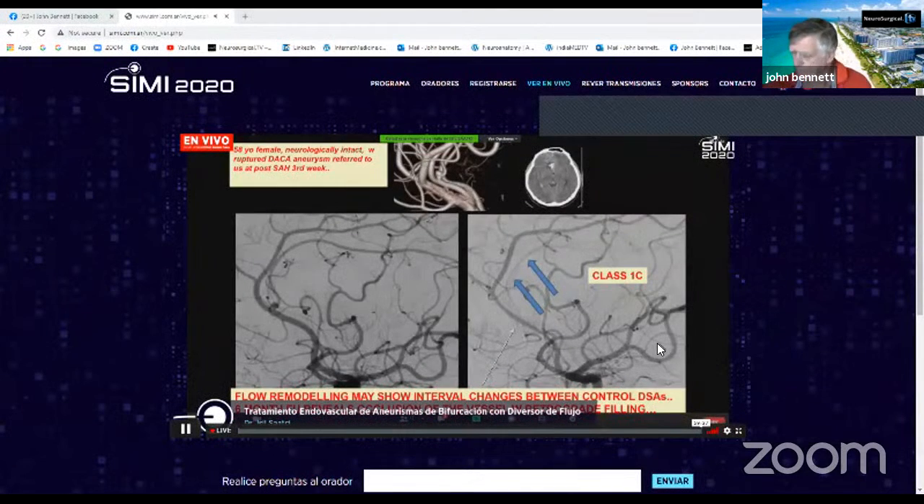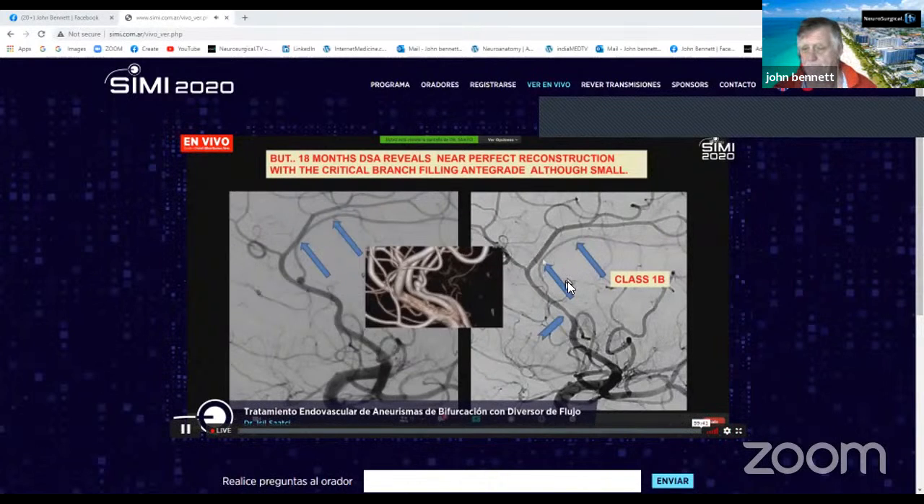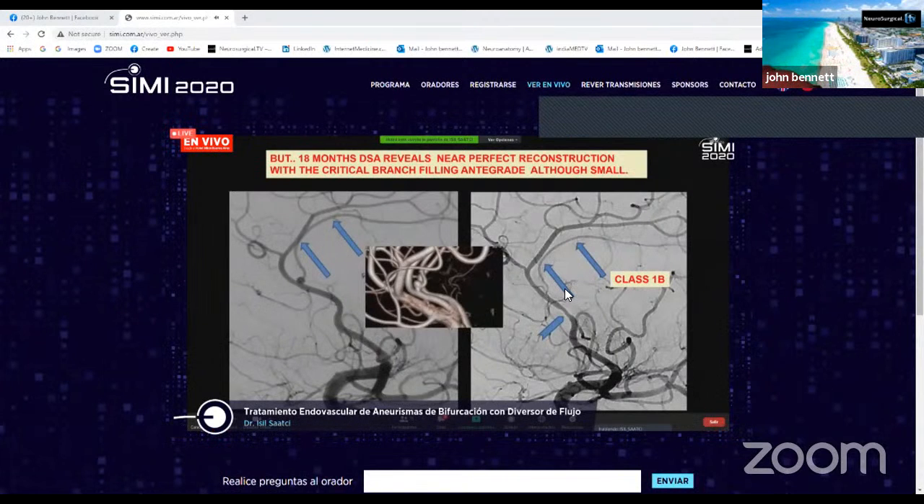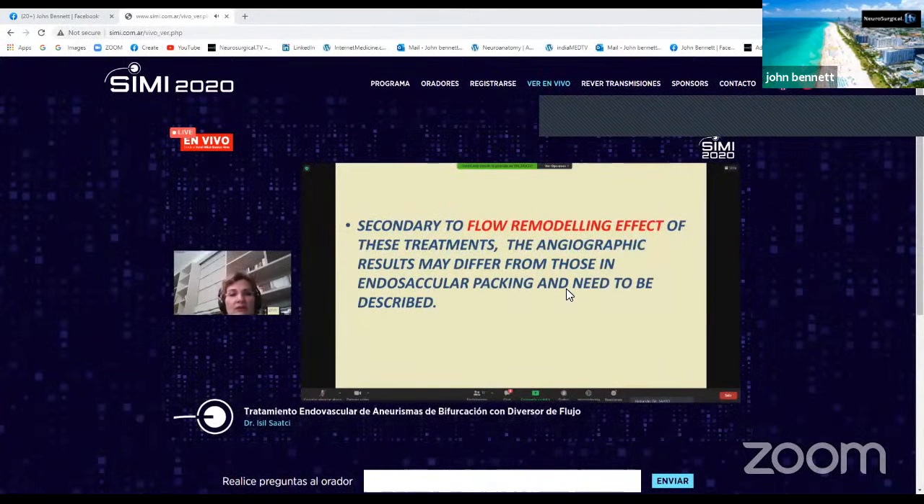Is occluded too, but in the follow-up at 18 months, you see that the pericallosal arteries started to fill again, though a little bit smaller than the preoperative size. Secondary to flow remodeling effect of these treatments, the angiographic results may differ from those in the endosaccular packing and need to be described. This is why we ended up